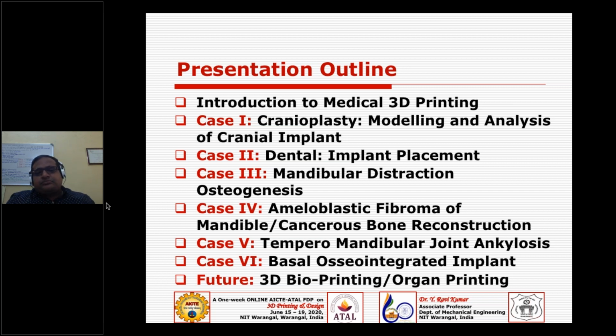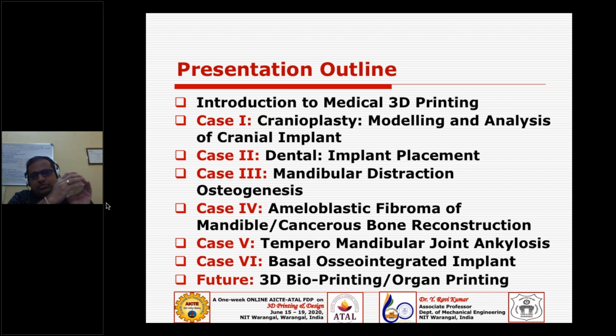So what are these terms like cranioplasty? Say for example, if you take a skull, are you able to see this model? The skull we can divide into three parts. The portion which covers the brain, you may call the cranium bone.